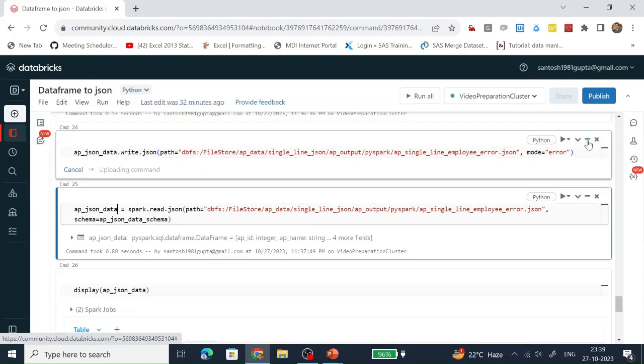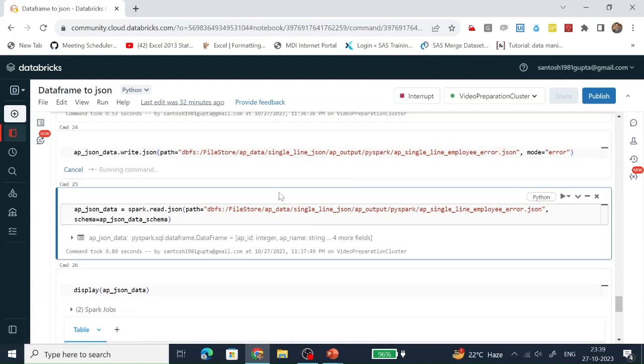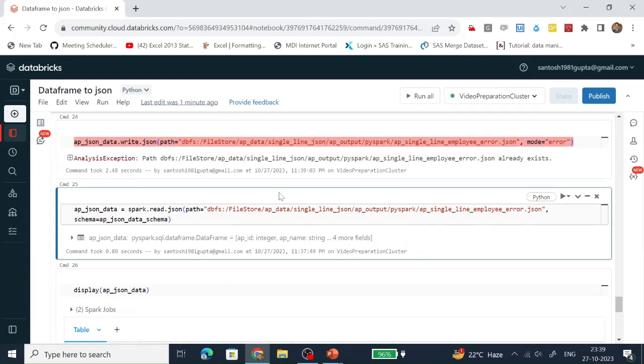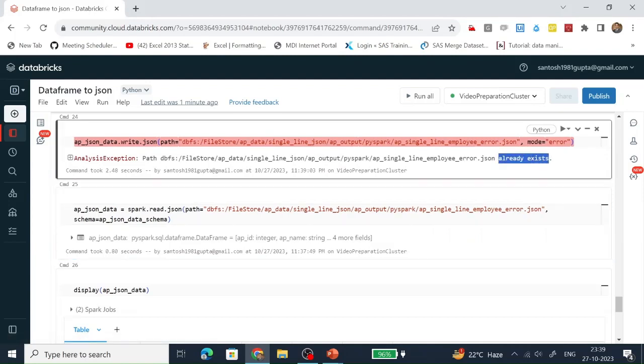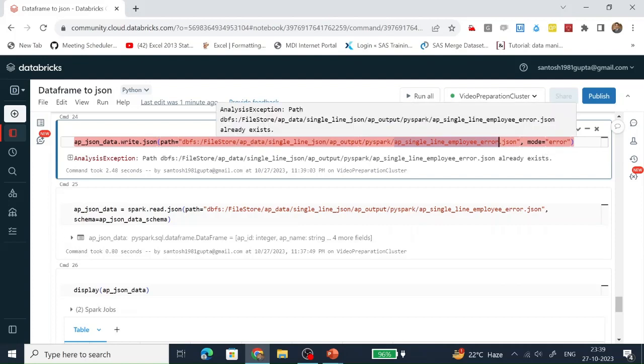Let's see what happens when we write this data frame. See, it says that this JSON document is already present, that's why it will not allow writing the content of the data frame in this JSON document if the mode is error.